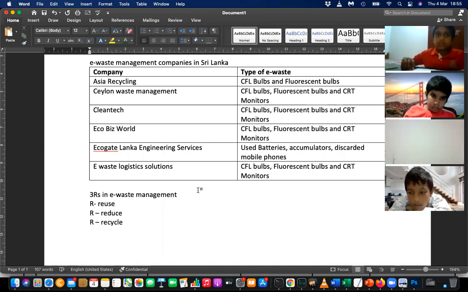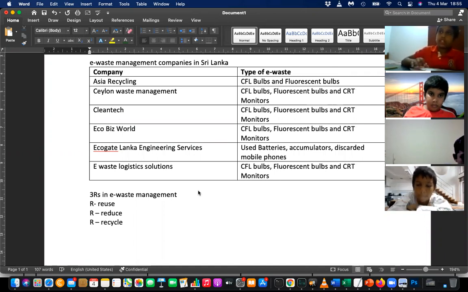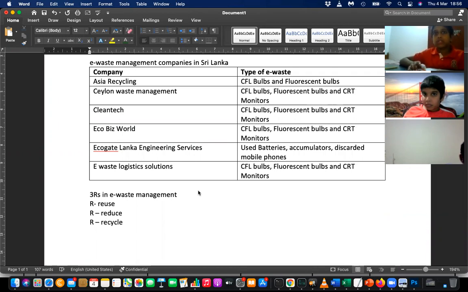Okay. So what is the first R? What is reuse? What can be reused? Like a jam bottle for plants, some seeds. Yeah, that is not e-waste, but anyway, you can use a jam bottle for planting. The example is correct. Similar to that, there can be some materials which are not harmful. So you can't reuse all the materials, because some are harmful. Wires, for example, you can use for wiring, maybe for creating circuits.